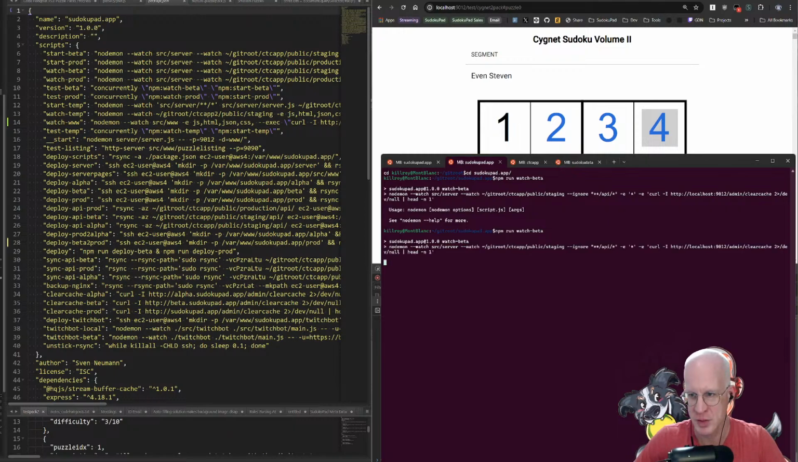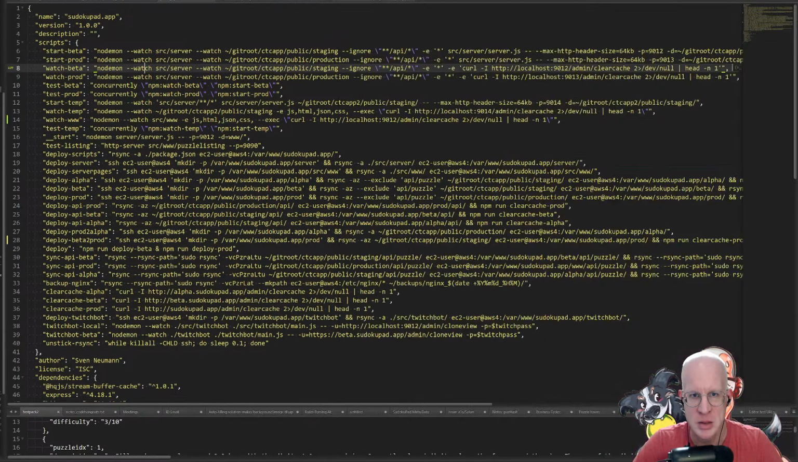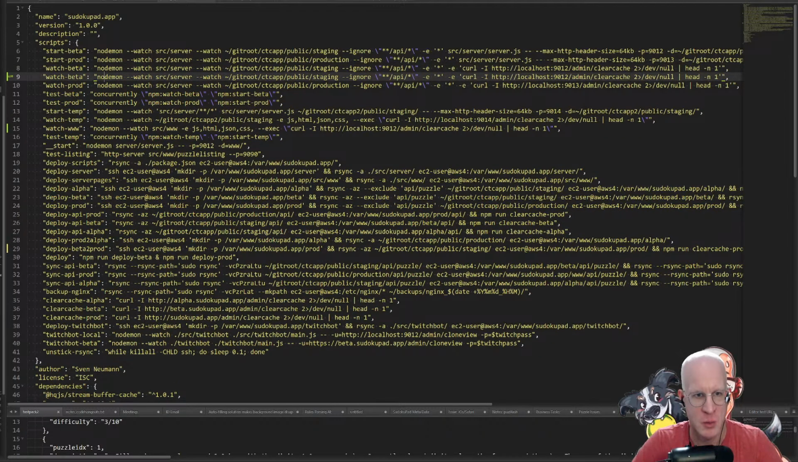npm run watch beta. npm run watch beta. Oh, but it ignores API. Watch beta dash API. So if I do, instead of the ignore here, I say staging API slash puzzle,